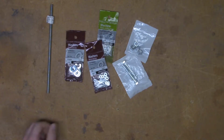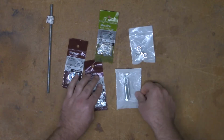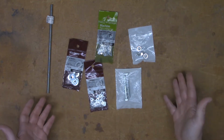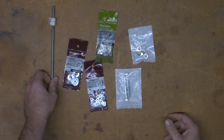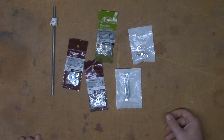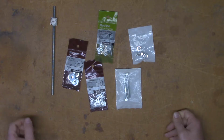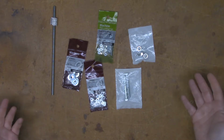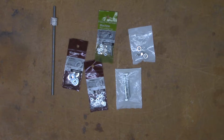The other thing that we need to do is that this build obviously is all designed in metric, and I have a mix of parts here, 5/16 rod instead of M8 rod, and I'm using these number 6 bolts instead of the M3 and the M4 bolts that are called for in the build. So you use what's available, and we're going to take some measurements, because